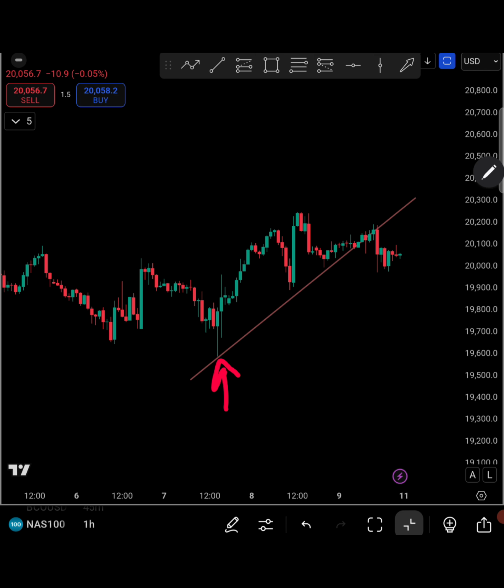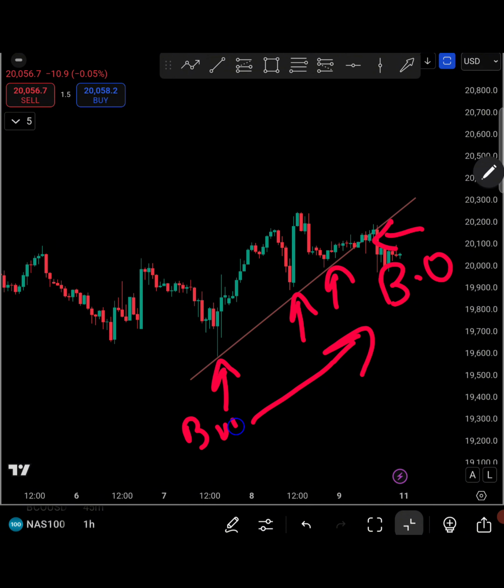You have a touch here, almost a touch here, and then you come here to a breakout, and you can see that the market is moving upwards. You want to buy at these points. You want to follow the trend